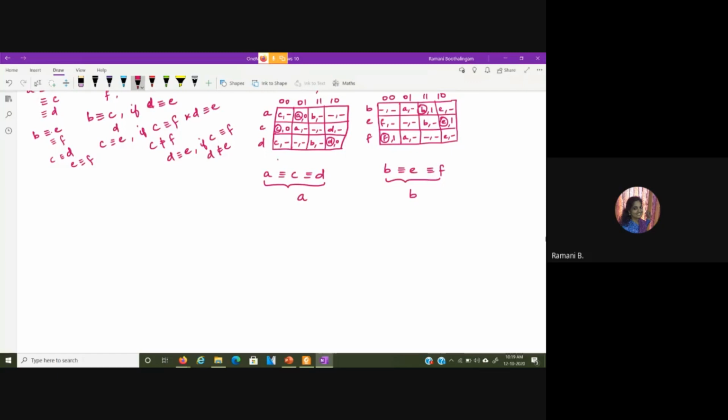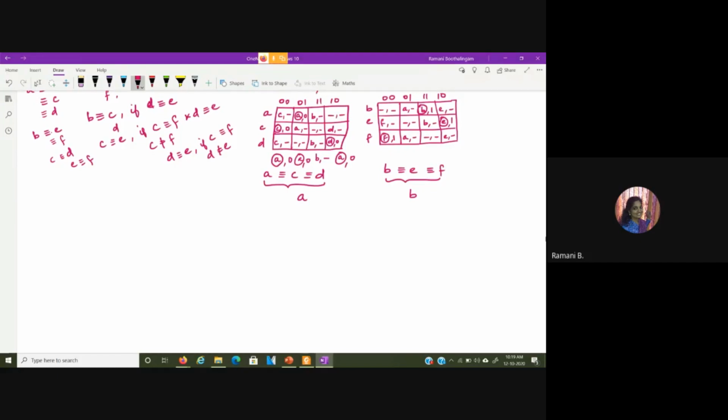So for this column, I will be replacing these three values with stable A comma 0. Even though you have an unstable combination, it implies all these are equivalent states, so we consider that particular condition. So this is A comma 0 only. And here you have B comma dash, and here you have both don't cares. However, we consider the case to be B comma dash. And similarly, in the last column, we consider A comma 0. So that will be one row for us.